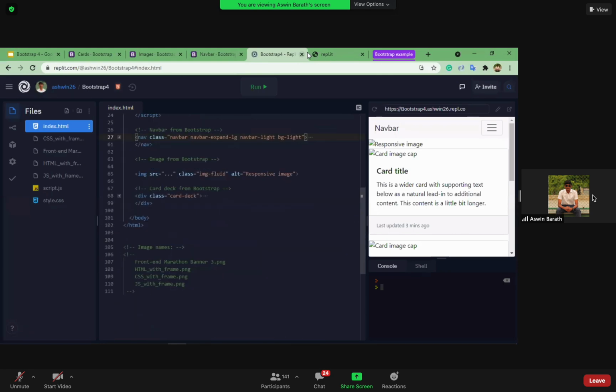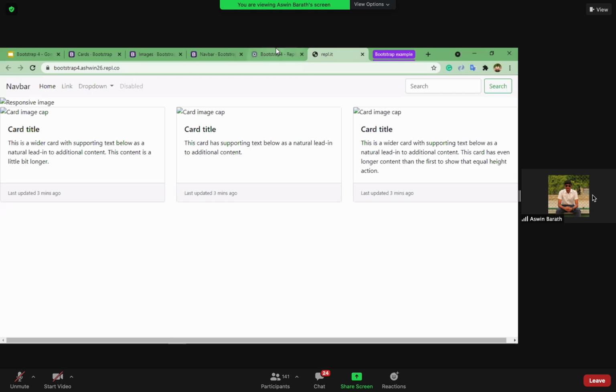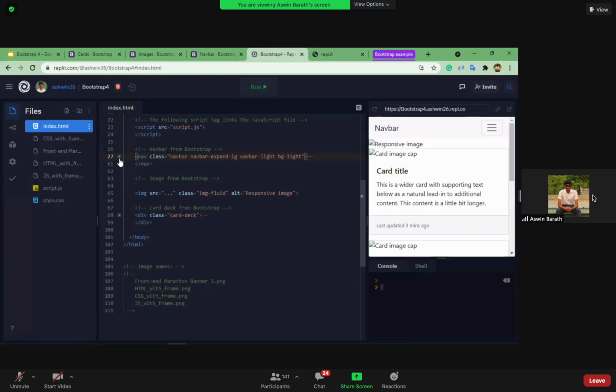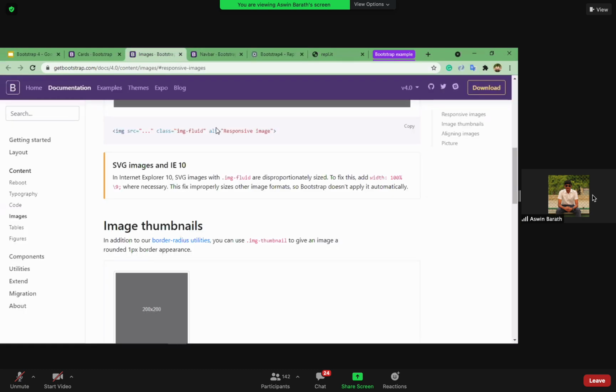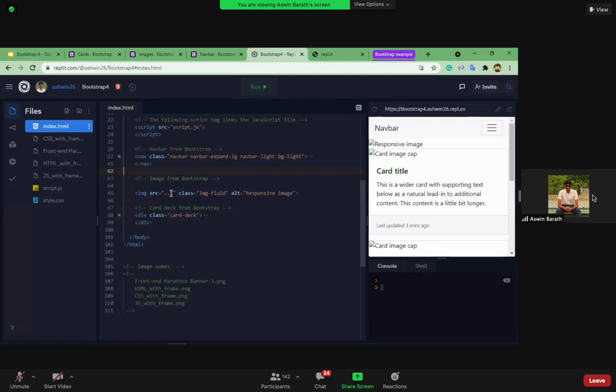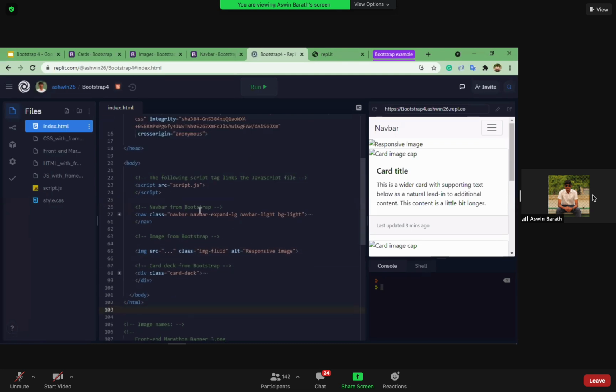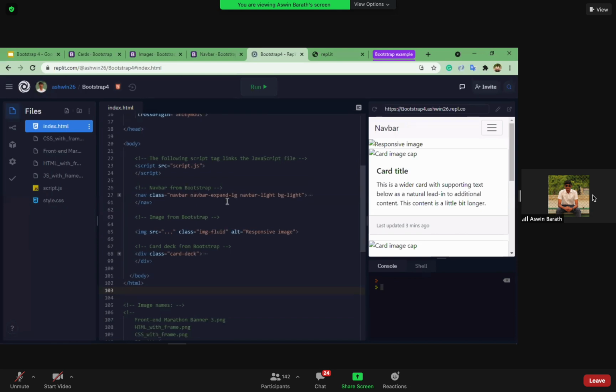Now let's add some images and make this look pretty. We have this same code from over here. This is an image, responsive image code from Bootstrap. Okay, so can anyone say where I should add the image link to this tag, to this element, so that I can display an image?